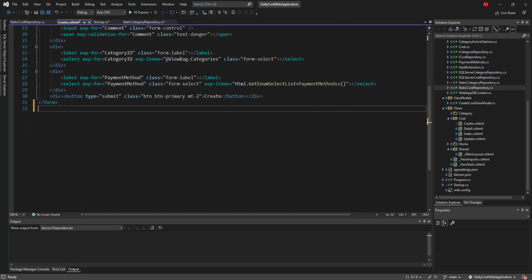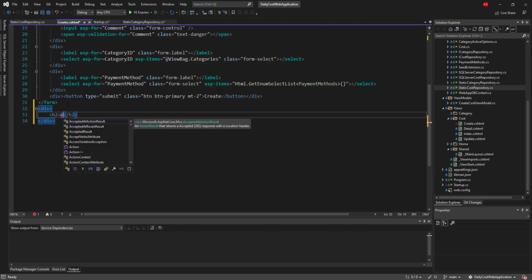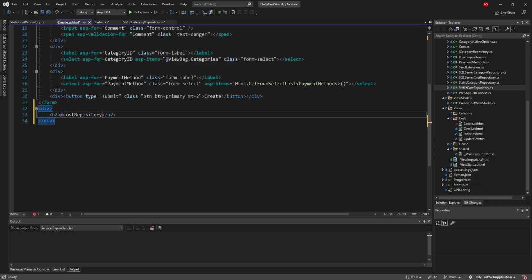After the form, I add a div, and inside that div, I use an h2 tag. Inside the h2 tag, I'm using costRepository, and I get all the recorded costs, and I count the number of all the stored records